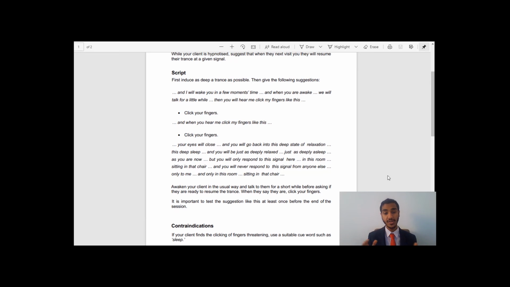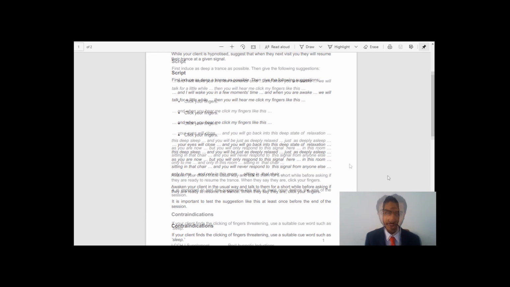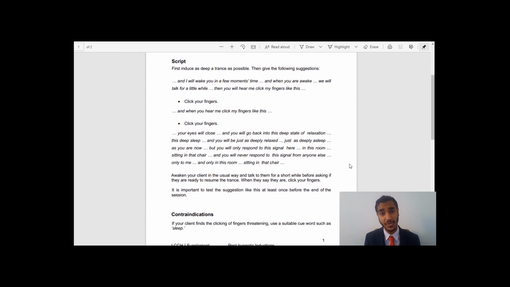And then once you've done this, you will awaken your client in the usual way and talk to them for a short while before asking them when they are ready to resume the trance. And when they are ready, simply click your fingers. And it's important to test this post-hypnotic induction to ensure that it is installed properly before the end of the session. So this same technique can also be used in self-hypnosis to get you back into a deep state of trance instantly and quickly